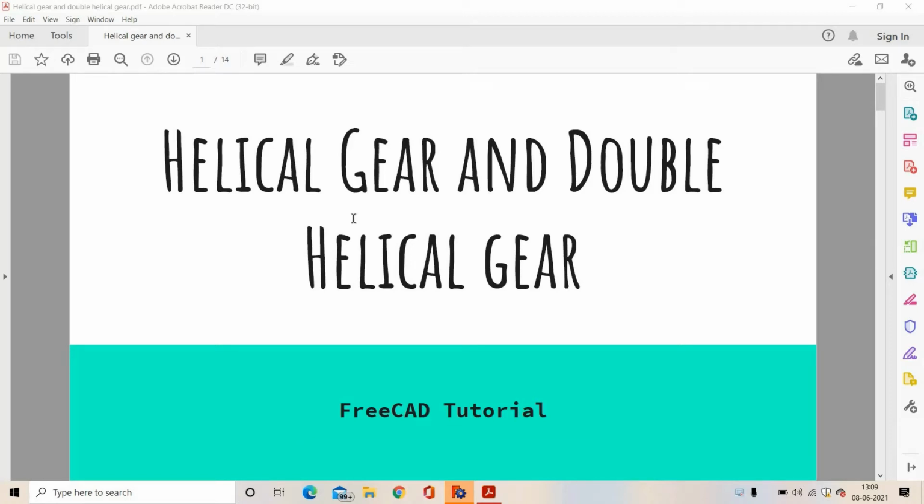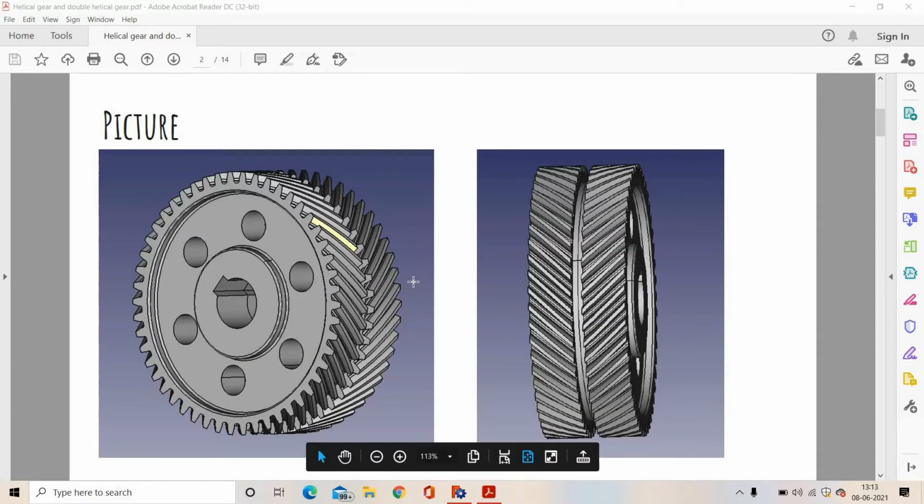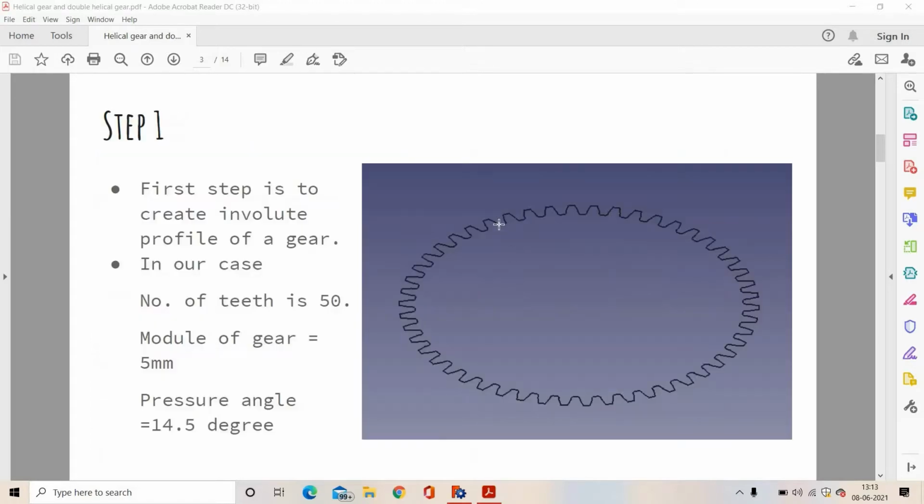Hello friends, in this video I am going to show you how to make helical gears and double helical gears. To make this double helical gear as shown in the figure, first we have to make an involute profile as shown in this image. To make this involute profile,